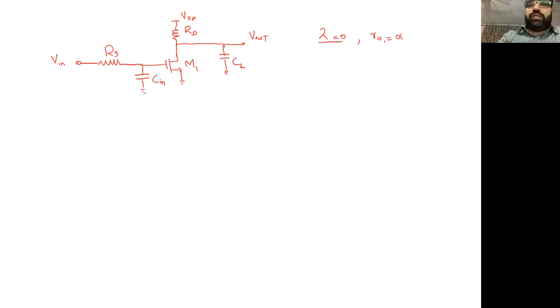So what we want is something like this. We want the overall expression H of S, or to be more accurate, H of omega of this system, which is going to be something like A naught, the DC gain, times 1 over, again, we are not going to be concerned about the zeros at this stage, that in the later two-stage amplifier configuration, I'm going to talk about those ones, but currently we want to talk about the poles, and we can identify the number of poles by the number of capacitances which are in the signal path, or the number of nodes with capacitance in the signal path. So the number of poles will be equivalent to